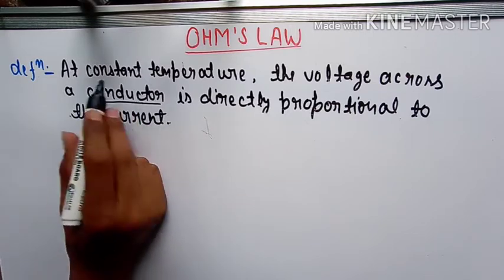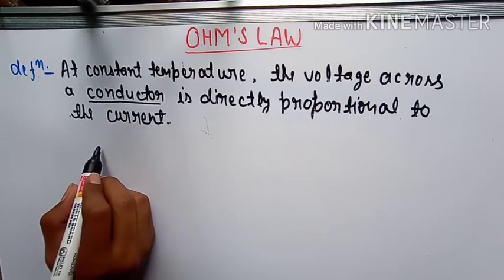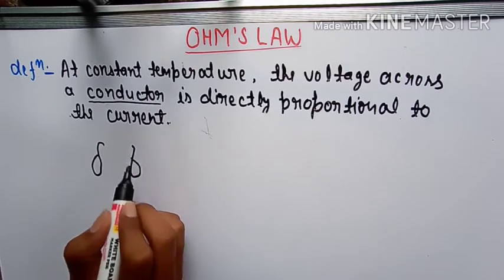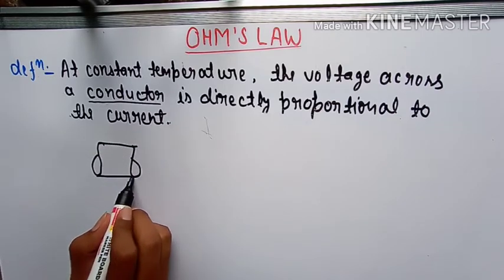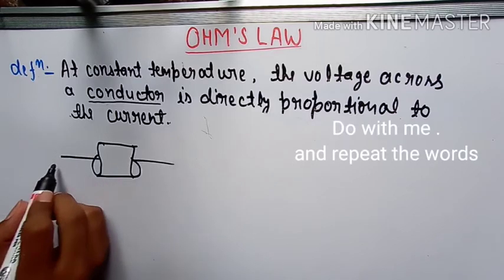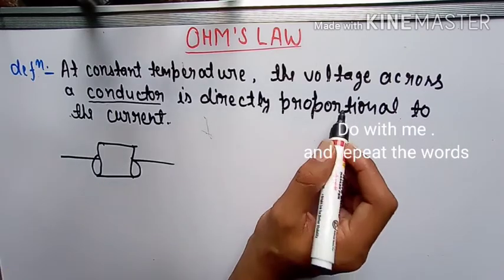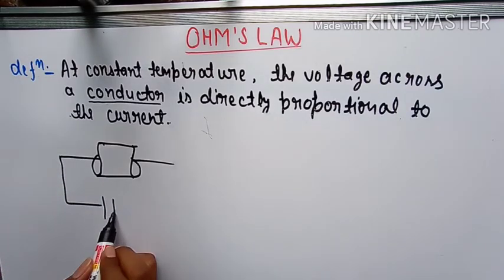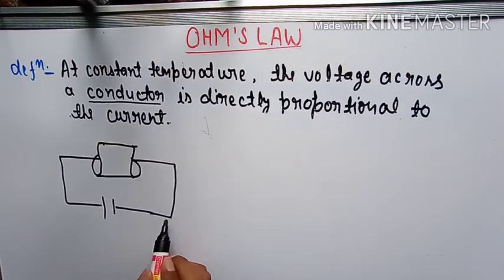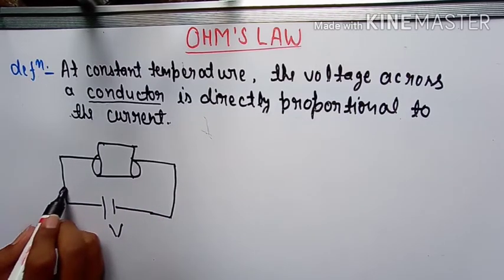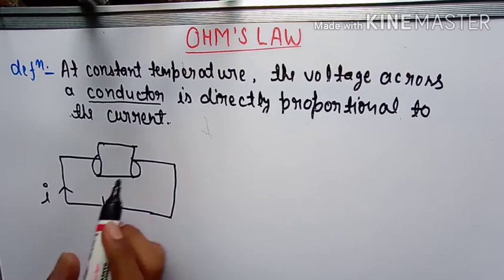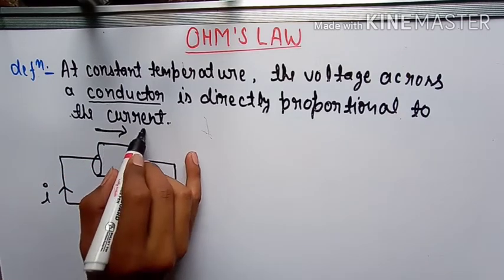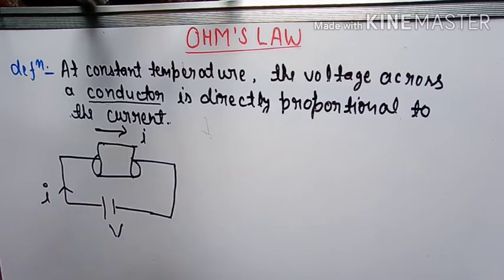First of all, we'll make a conductor. Look, suppose that this is the conductor. I have cut it from some wire, and the second thing is it is connected to a voltage source. So let's connect the voltage source. As the voltage source is connected to this conductor, the voltage source produces current I. This current I will flow through this conductor. Understand? Now this law states that